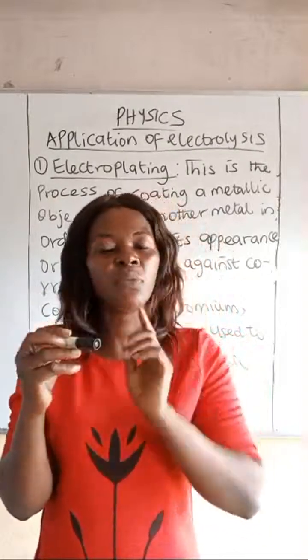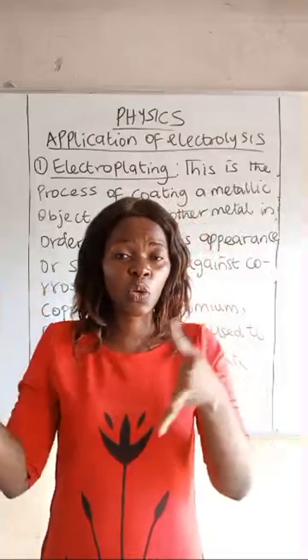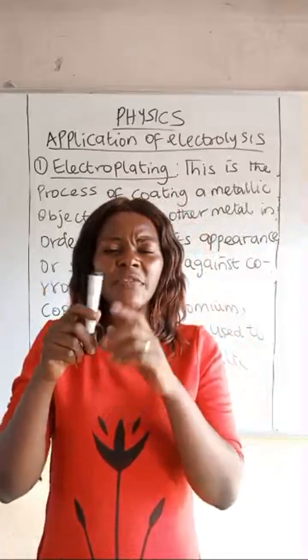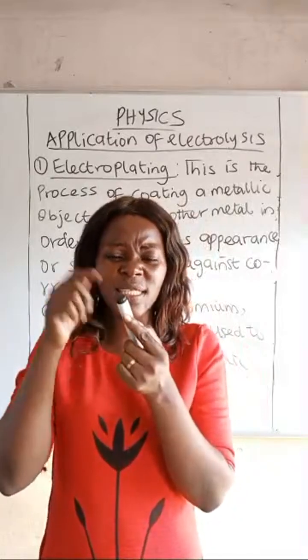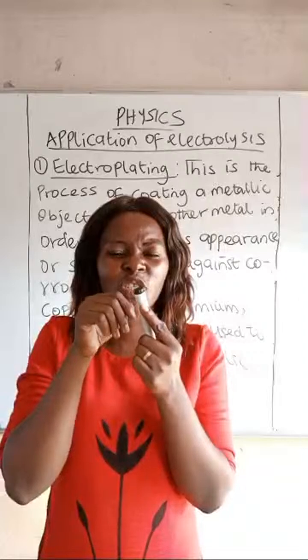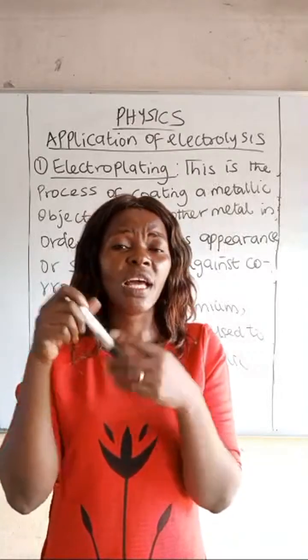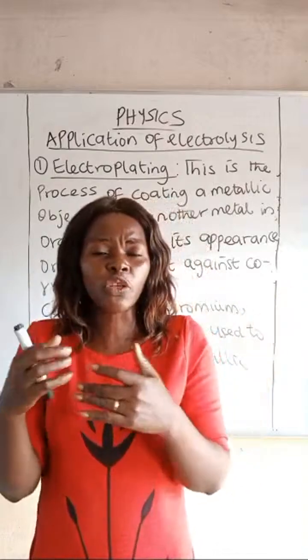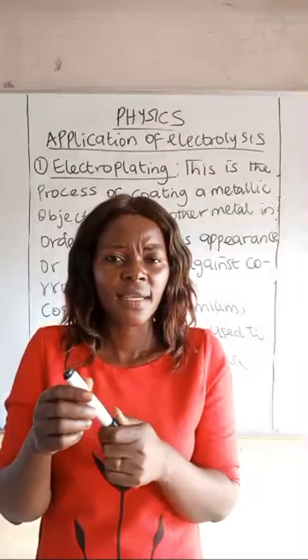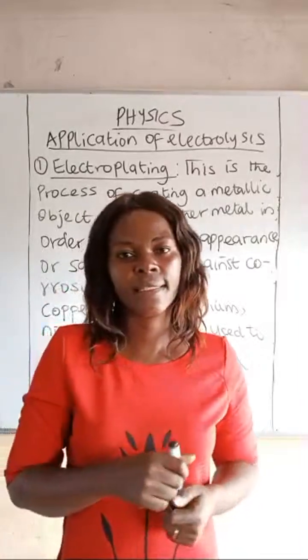That is why we see most of these big pots we use to cook large quantities of food. If the pot stays for a very long time, you will see that it will start rusting. You will not see the true color of the material used in production of that pot. What they actually do after the production of the pot is to coat it, so it will look shiny, it will look fine, and people will buy it. So that process is said to be what? Electroplating. Okay?